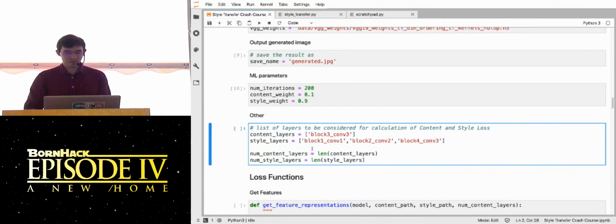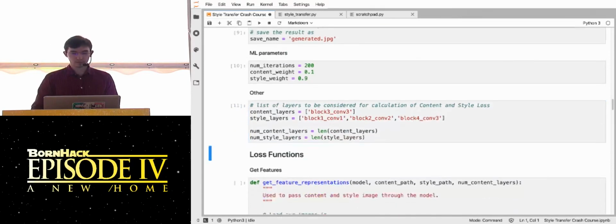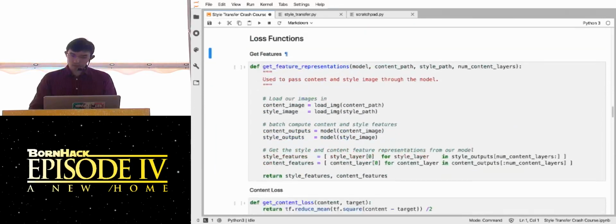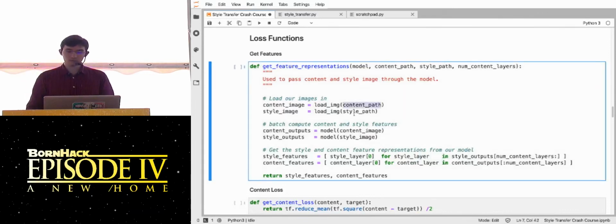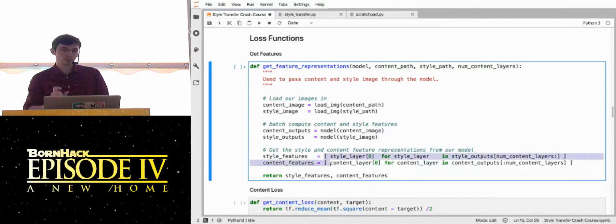Good, sorry. So yeah, we're just going to be grabbing one of the later layers for content, and the output of two early convolutional layers and one of the later ones for style, because that seemed to work better. We're just treating that as content and style. There's a couple of functions we need to go through very quickly. Getting feature representations is just about figuring out what the content and the style of an image that we pass to this function actually were. So we load up the content image, we load up the style image, we pass them through the model, and then we grab the outputs of specific layers.